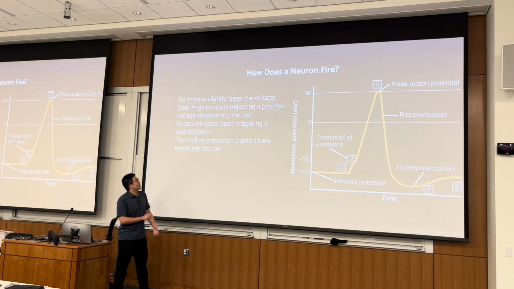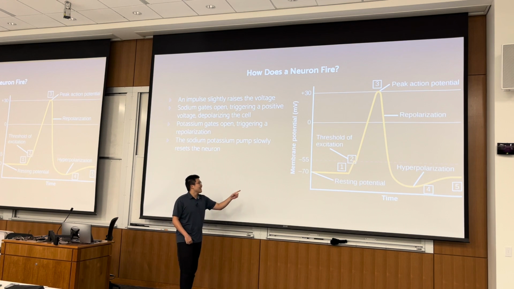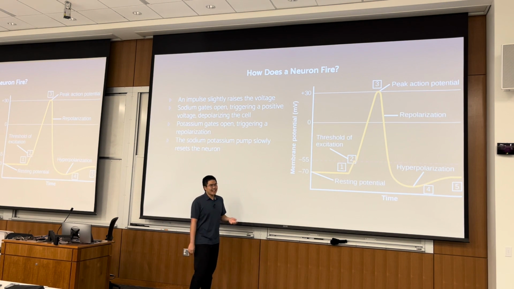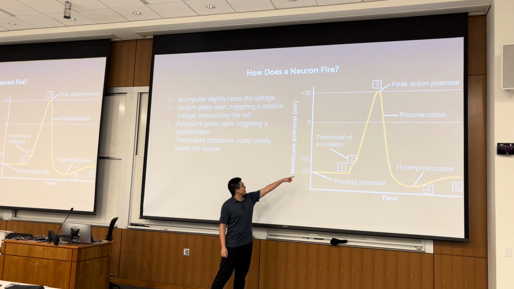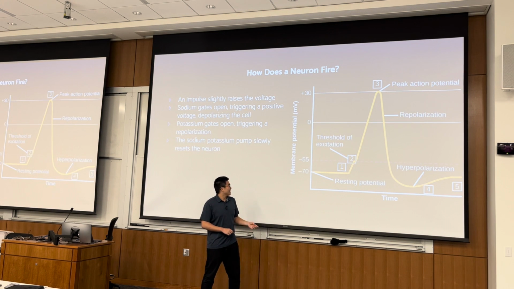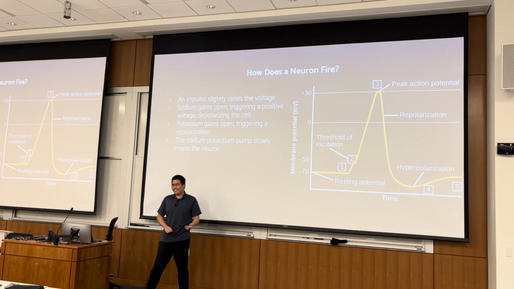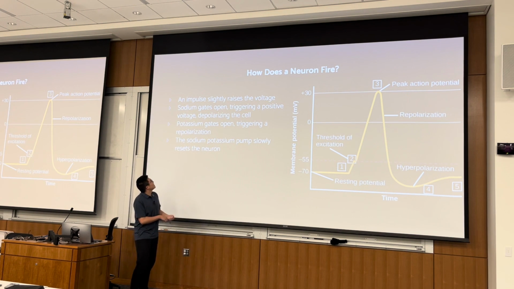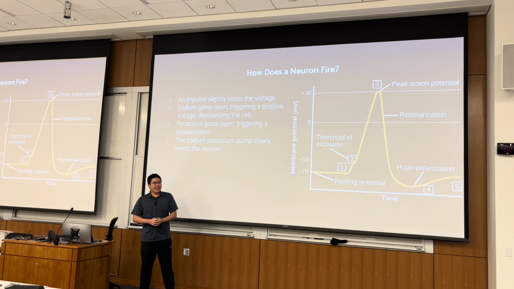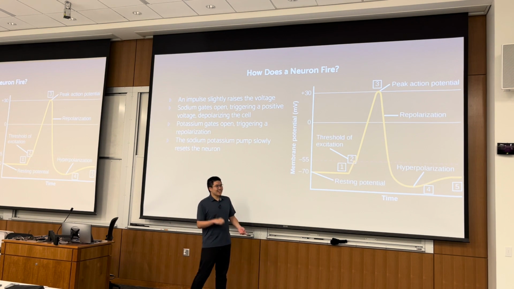Okay, and then how does a neuron fire? So we start with negative 70 millivolts, right? And then we'll have a slight rise. Not an action potential, threshold of excitation. So it'll slightly raise our voltage to negative 55 millivolts. And then I believe the sodium gates will open up. So it'll let all the sodium that we let out of our cell before go back into the cell. It was going out, right? So it'll go into the cell,